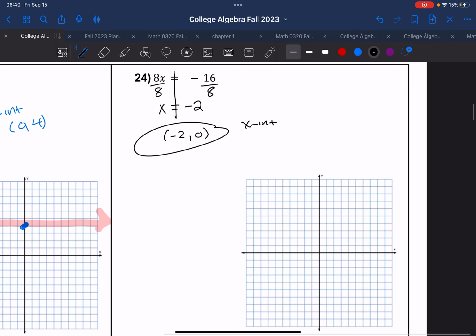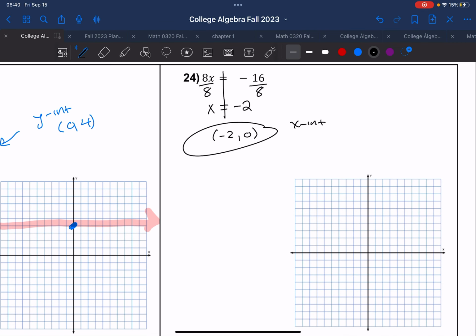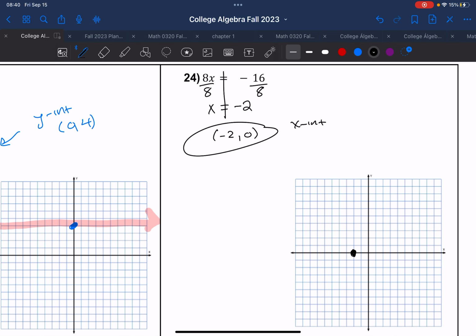If I plot this, I get this point here. When we have a function that says x equals, that gives us a vertical line. This vertical line does not have a y-intercept because it does not pass the y-axis. The slope here would be considered undefined because this equation, 8x equals -16,